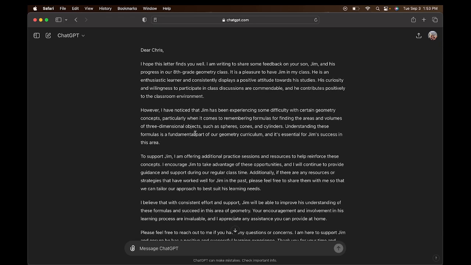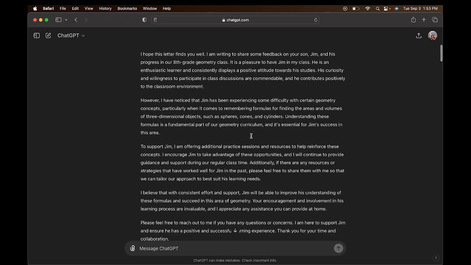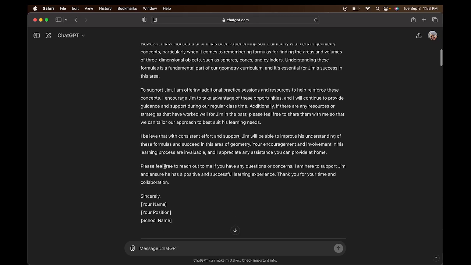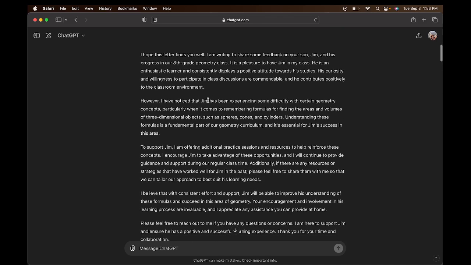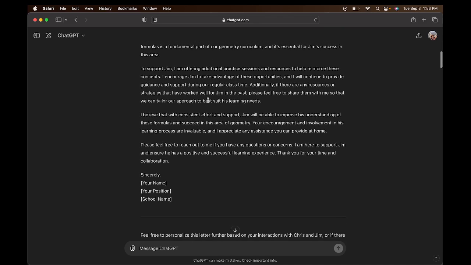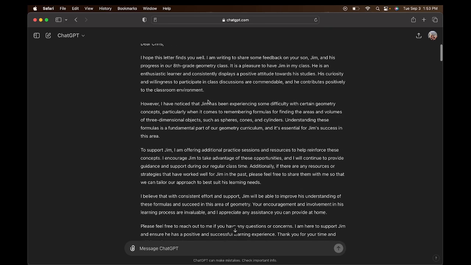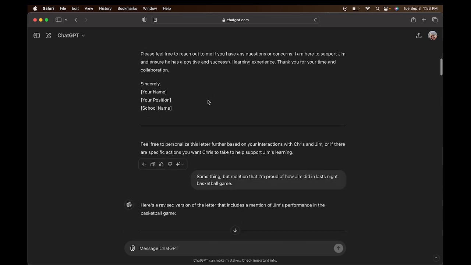Understanding these formulas is a fundamental part of our geometry curriculum. Again, none of that I put in here, but all of which is true. And then down here, I believe that with consistent effort and support, Jim will be able to improve his understanding of these formulas. Very strong letter, but I don't personally like to write this long of letters because I don't want people to be looking at this and say, ugh, I have to read a whole page worth of letter. So what I did was,